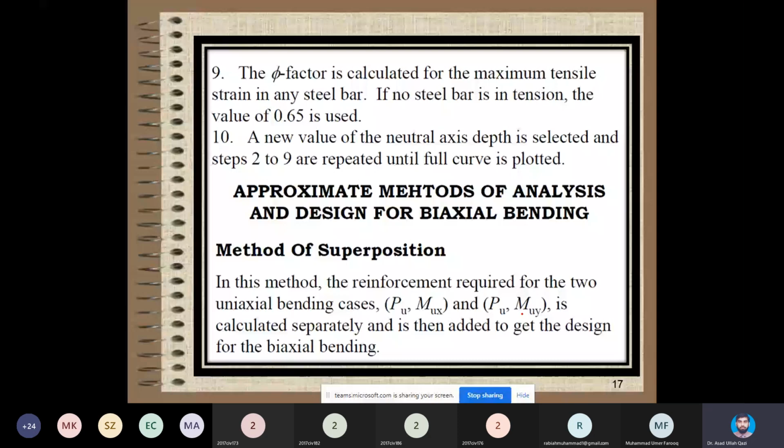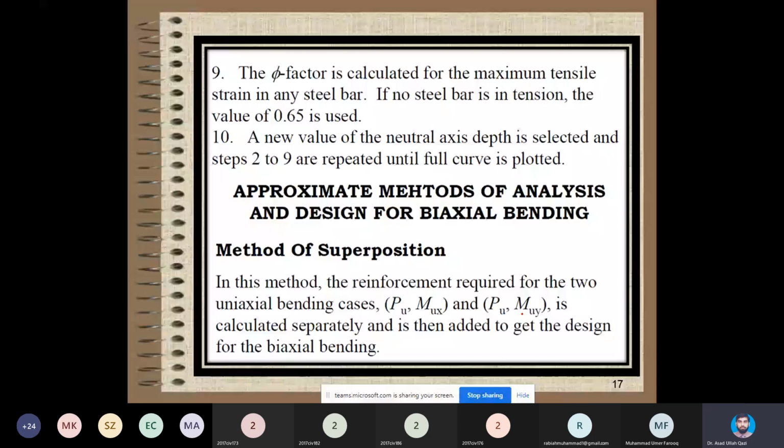But you understand that the steel which will be present for taking moment resistance about one axis will also contribute to the moment about the other axis. But in this method of superposition, we are not considering its contribution about the other axis, so it is a little uneconomic but safe and conservative and simple to apply, because just the uniaxially loaded column design will be repeated twice.